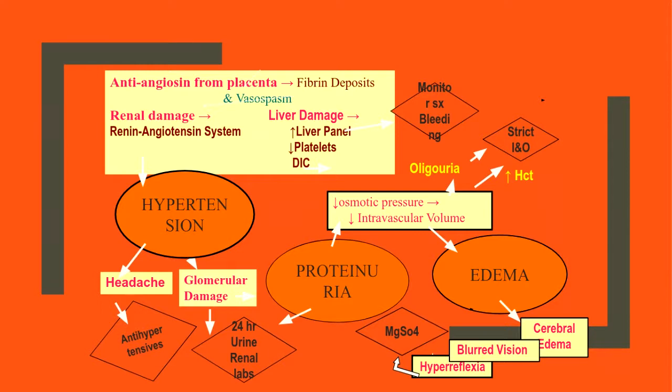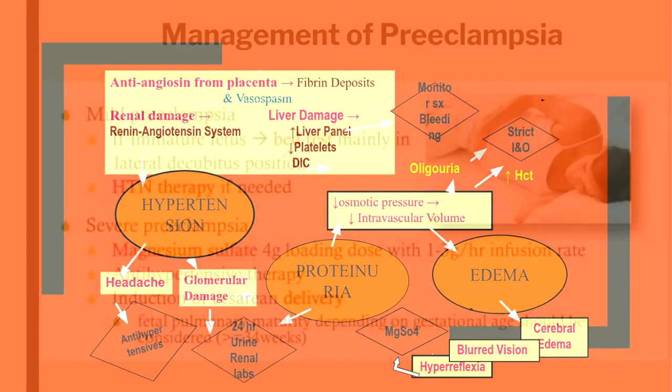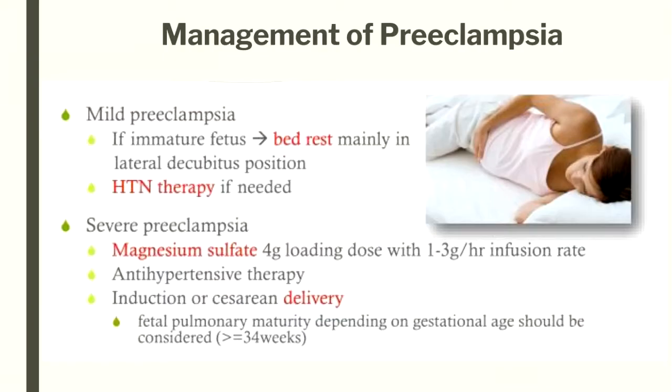So the preeclampsia is a big deal. How are we going to manage it? If she does have mild blood pressures, right? Her blood pressures are not in that severe range of above 160, above 110, okay? Immature fetus, if the baby is... if this preeclampsia tends to be more severe as pregnancy progresses, okay? That's why we check her blood pressure, and that's why we're seeing her more frequently towards the end of pregnancy.